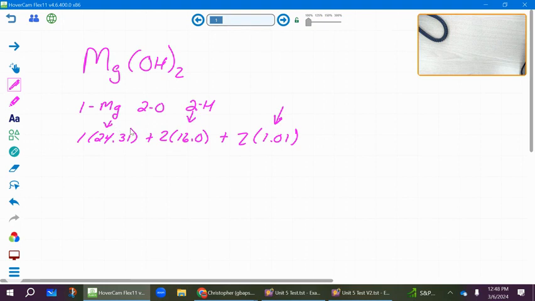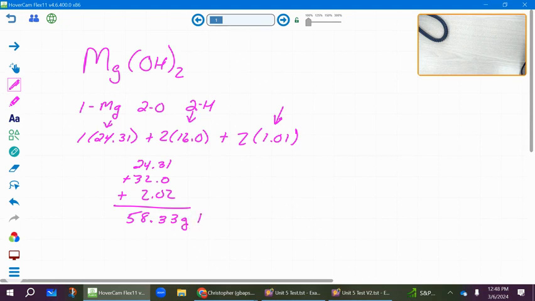So again, depending on if you use an online periodic table, if you use this one, if you use the one above your heads there, you might get slightly different numbers. Slightly, which is okay. When we're done, this is 24.31 plus 32.0 plus 2.02, which means we end up with